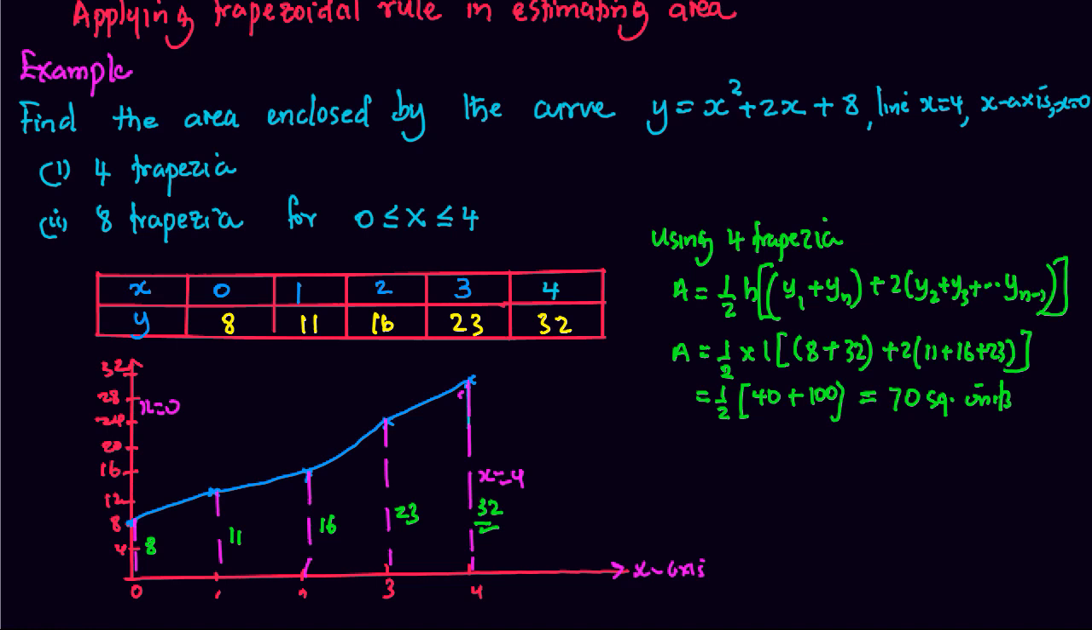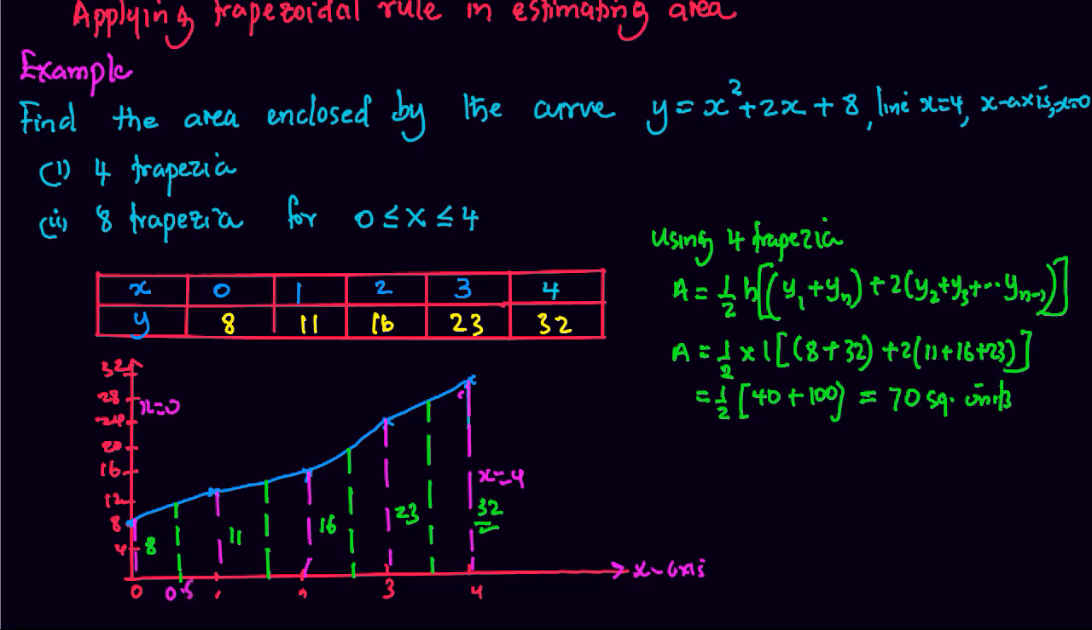In the case of 8 trapezia, we divide the 4 trapezia into 2 each. So we'll need the midpoint of the first trapezia, the midpoint of the second trapezia, midpoint of the third trapezia, midpoint of the fourth trapezia. So we need these lengths, which correspond to